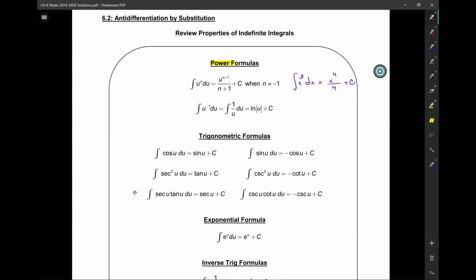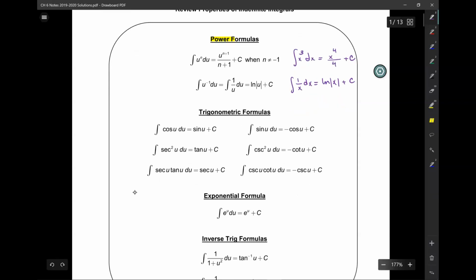That's the one case where that power rule doesn't work, because if the exponent is negative 1, then it's 1 over x dx, which doesn't go with the power formula. That's just ln of x plus c. Okay? So next we have